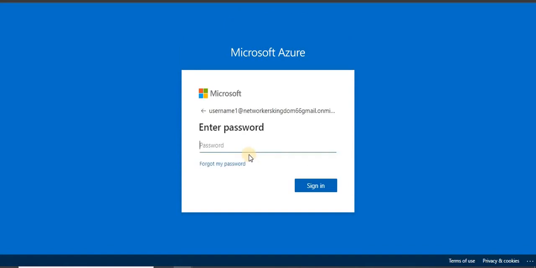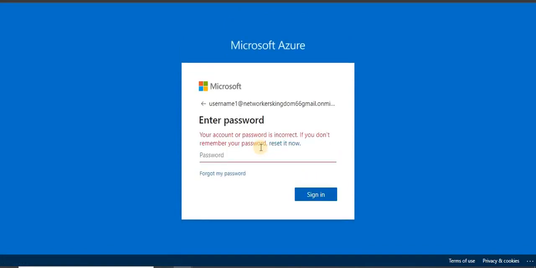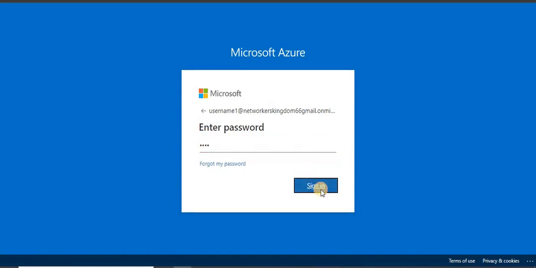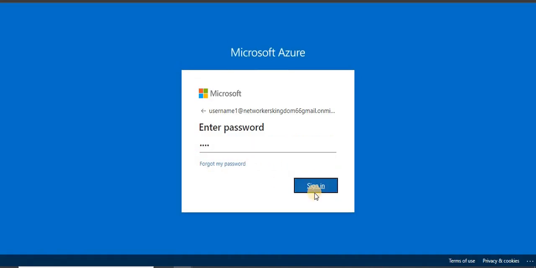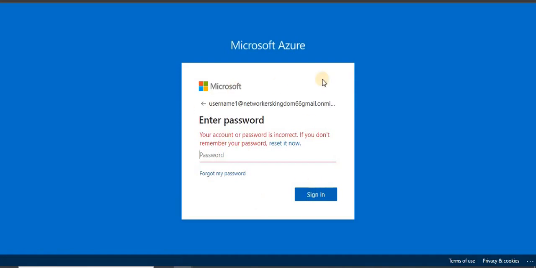Let's try an incorrect password. 1. Now it should be blocked. No. Okay, it is taking some time.